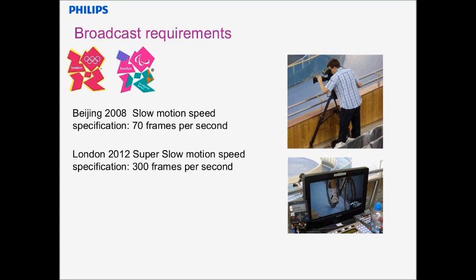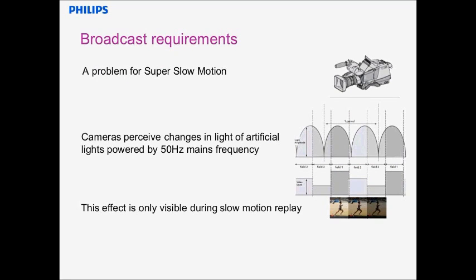Well, something that started to be noticed during the test events was the requirement for super slow motion recording. In Beijing, the super slow motion speed was 70 frames a second, and in London, the broadcasters had decided, without really passing the information on, that speed would be up to 300 frames a second. Now, at 70 frames a second, it doesn't make a lot of difference to your lighting, but at 300 frames a second, it does. If you look at what happens with a typical discharge lamp, it actually switches itself on